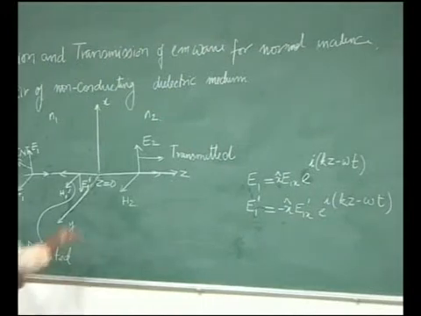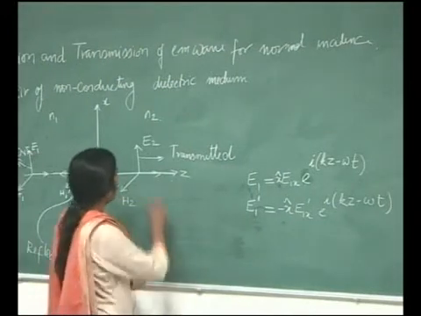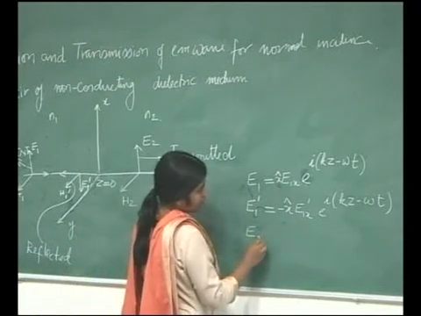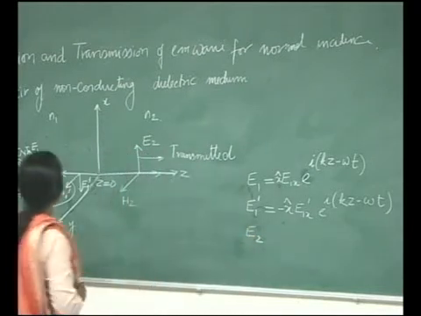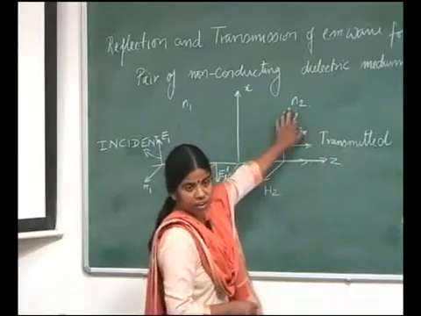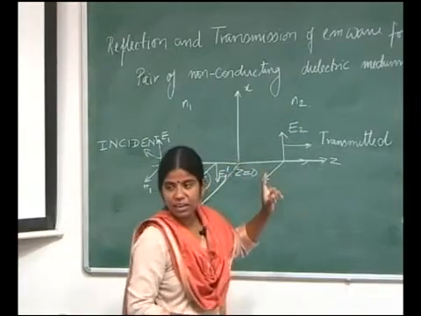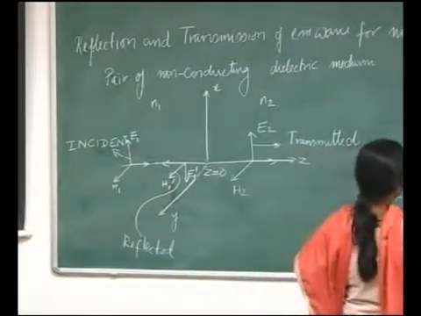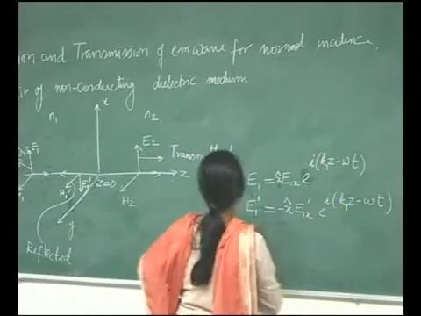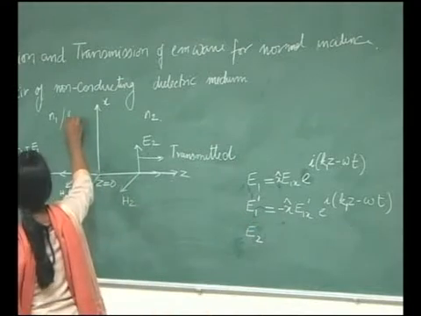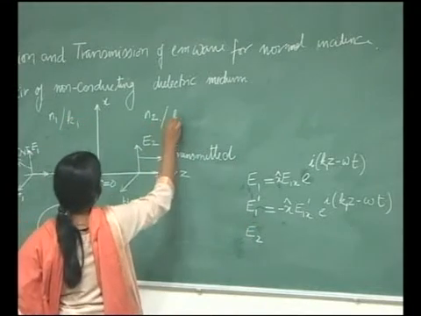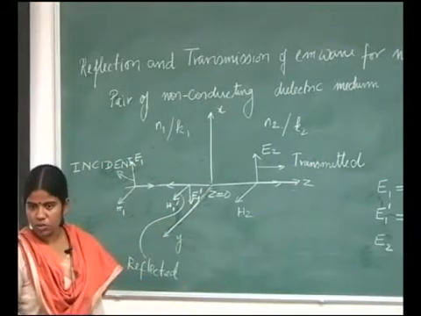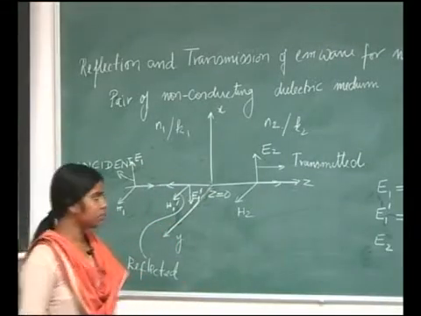Now, I have the transmitted wave, I call this E2. So, I can simply write this as, okay. Now, because these mediums are different, the wave vectors will also be different. So I should write here, this is k1, this is k1, and this is k2. The wave vector will also be different because the velocity of the wave would change in different mediums.